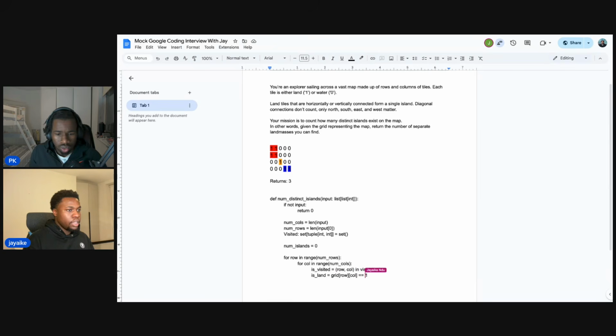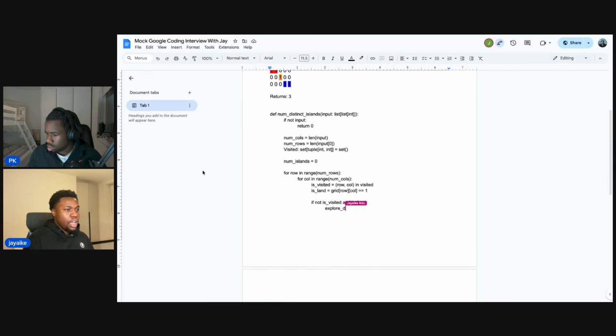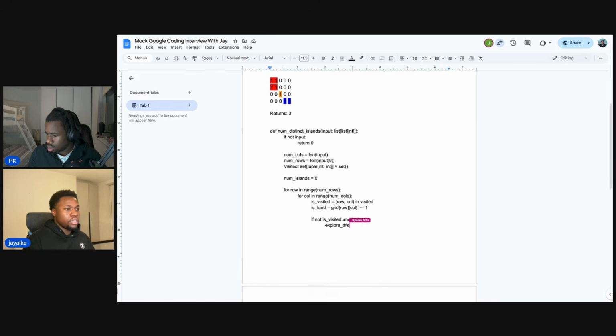So if we've not visited this before and it's land, because those are the only conditions we really care about. If we run into water, we don't really care that much. If we've not visited this before and it's land, let's say explore. I'm just going to append DFS just so it's clear that I'm using DFS. So explore DFS